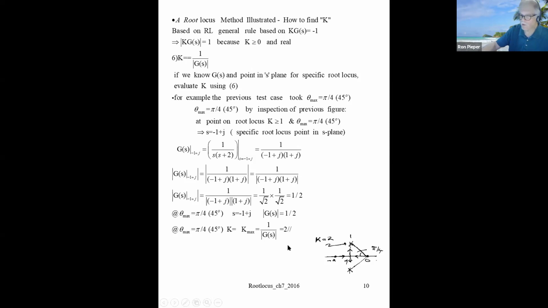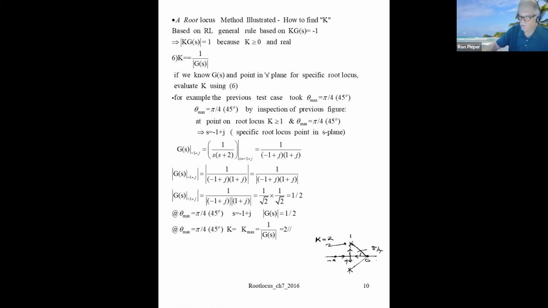And I just want to point out to you, hopefully you see that the method here is different. And this one is consistent with what we considered a standard root locus method. Any questions on this? Now, you could argue there really is no real